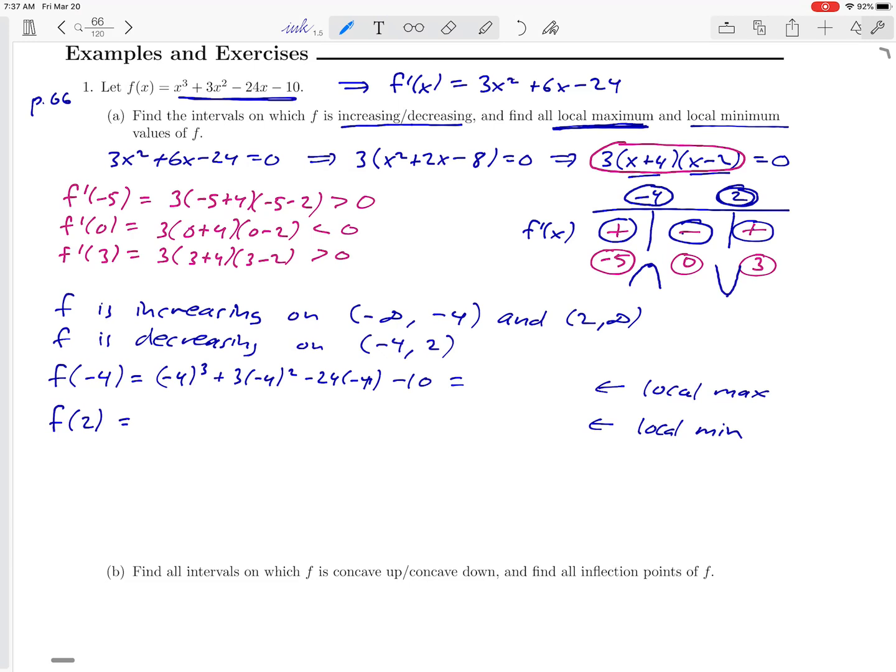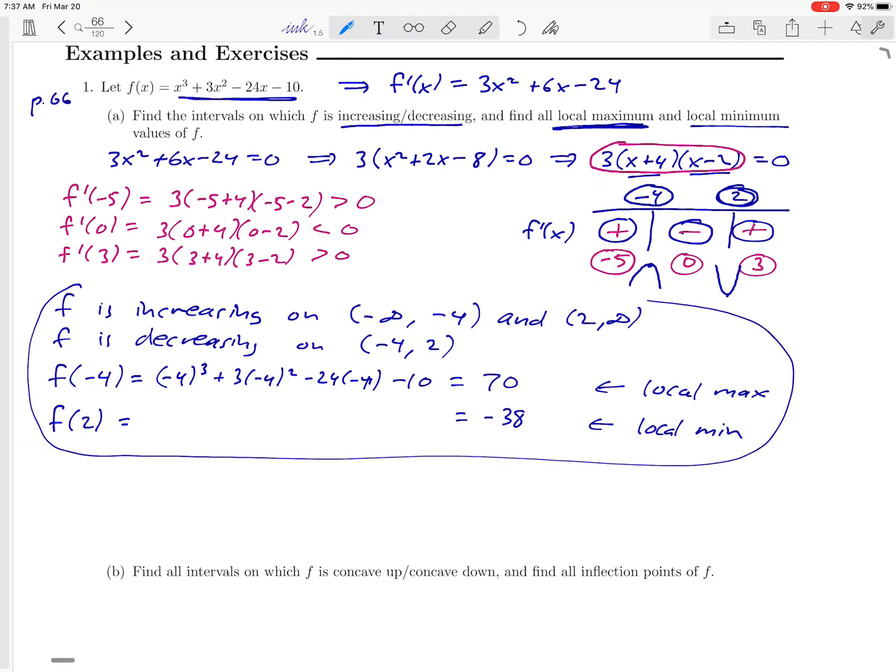Minus 10. And I'm going to leave that calculation to you. You can ask your calculator. And that's going to turn out to be a positive 70. Okay, do the exact same thing with 2. Just plug 2 into all of those, and you're going to get an output of, you can double check me on this, -38. That's our local minimum. Put all of that together, and we've got an answer to part A. Okay, and in the next video, we will